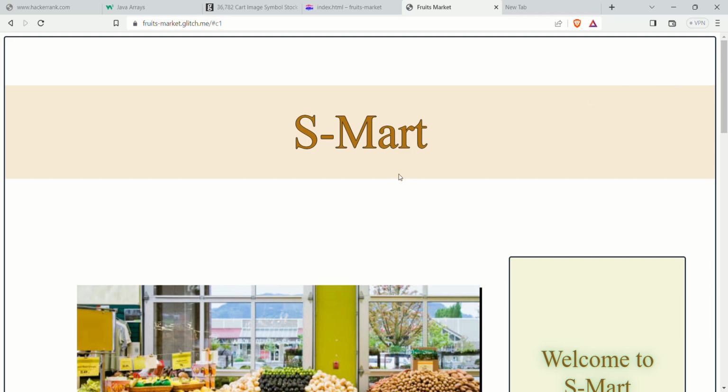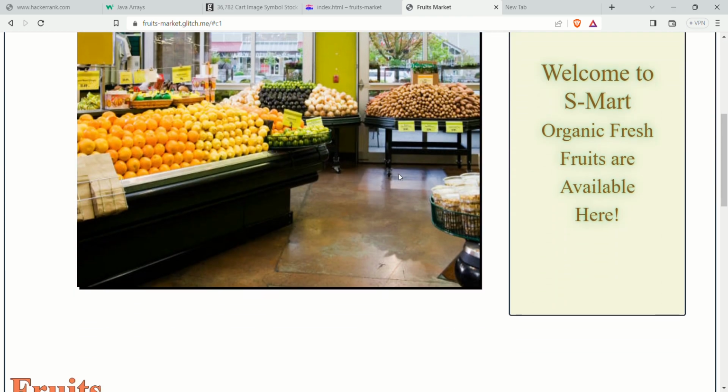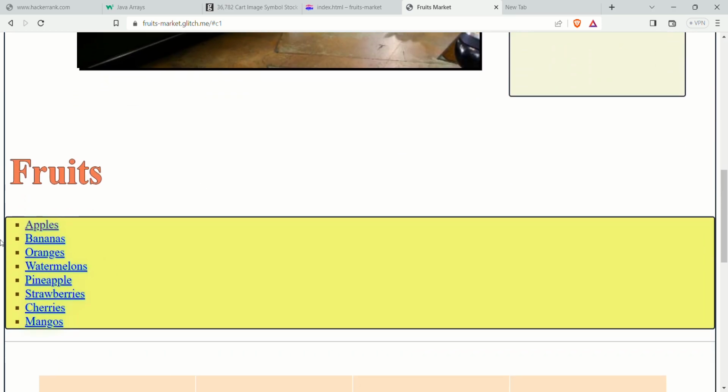I created a basic web page using HTML and CSS. So I created a supermarket containing fresh organic fruits. The interface is like this, and the fruits, like apples, bananas, and oranges, we get them into these